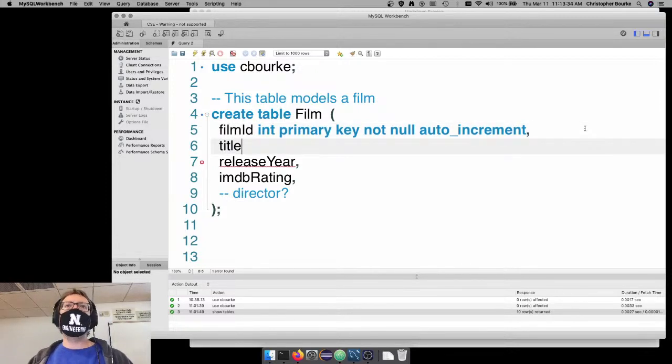So title, what is a title? Joker, Dune, Endgame. It's going to be a string, and in SQL, a string is a variable character. Now, you can put in a length here, a maximum length. When I put in 255, that's for historic purposes. That's large enough for any reasonable film title. If we were putting in an essay, or full documents, or source code for some reason in our database, we of course can make this much larger, 4096 or something like that. 255 is a very, very common